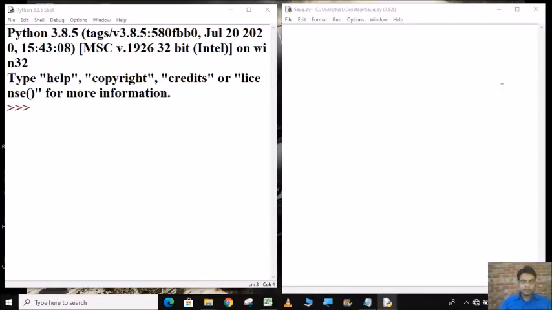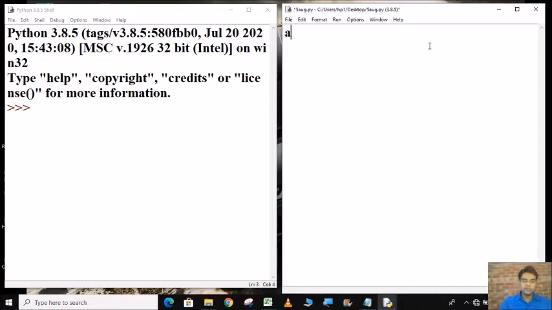Hello viewers, today I will show the working of if, else, and else if. Okay, so first we will talk about if. Now suppose you have to check whether the user is valid for voting or not. So we will make a condition that age should be greater than 18. Then their vote will be counted.